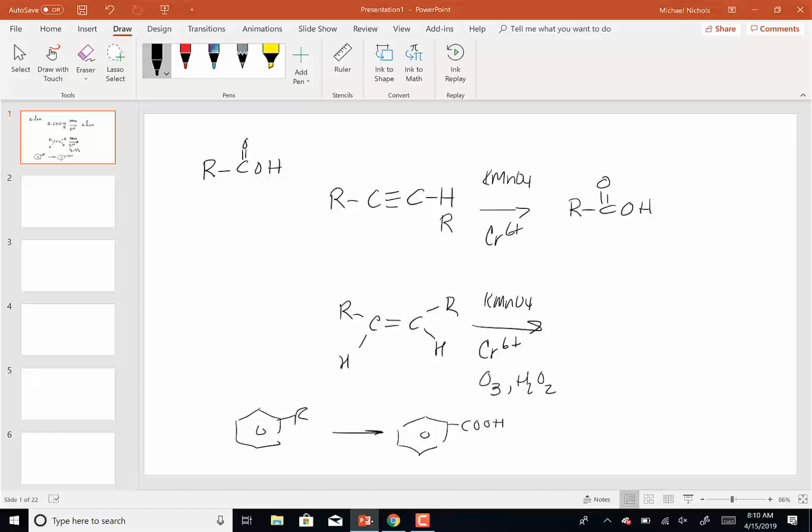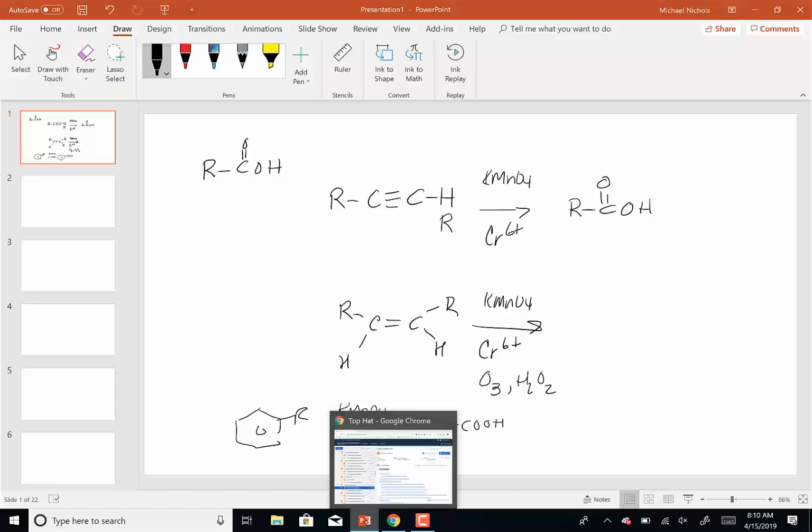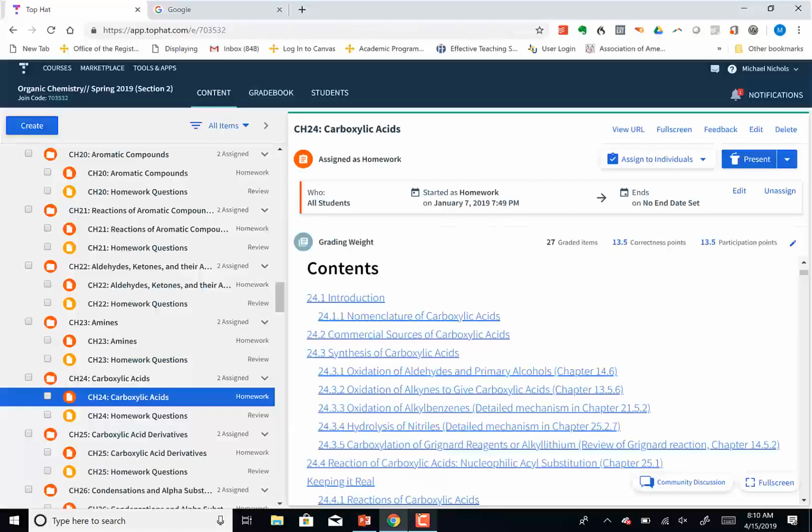It's already on the slide. KMnO4. I guess when in doubt, KMnO4. All right, so we can oxidize alkyl benzenes, and then we'll talk about hydrolysis of nitriles